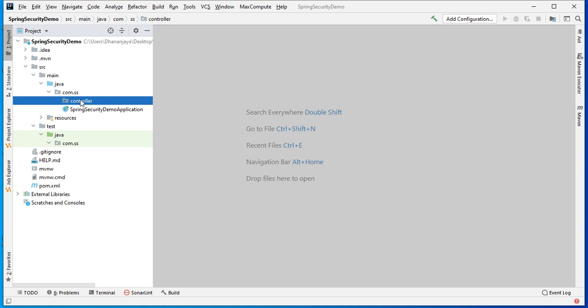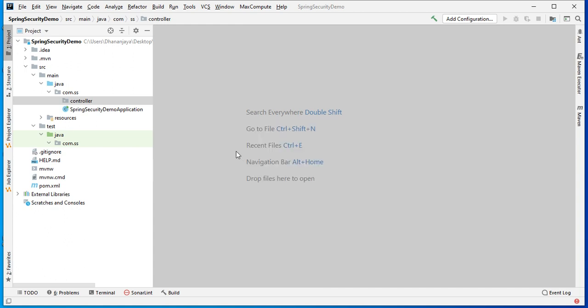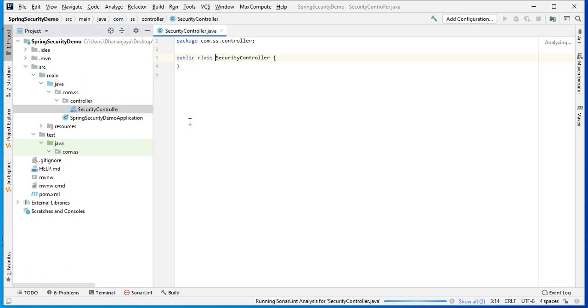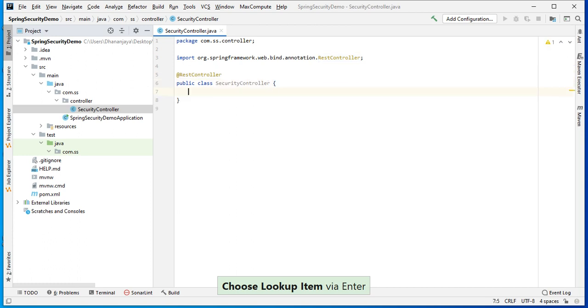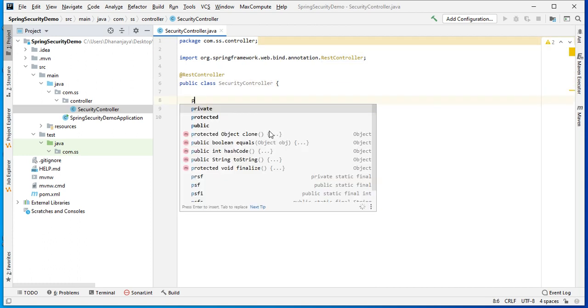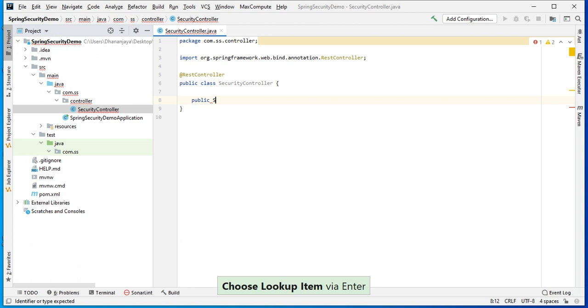Inside controller, let me write one security controller. Let me annotate this with @RestController. Here I will have three methods. Public string, let's say hello admin.